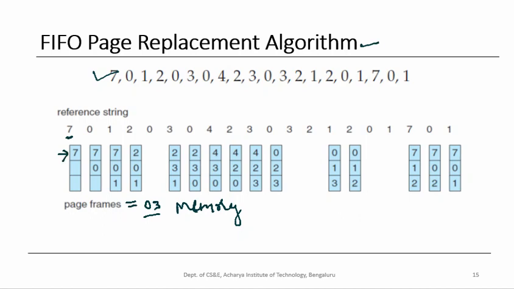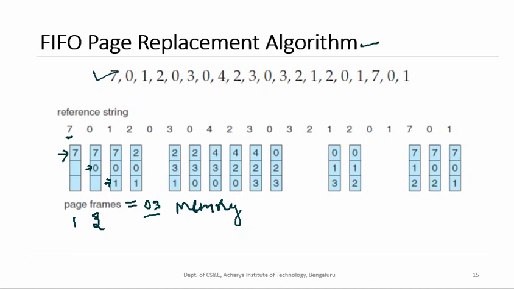And next comes the request for page 0. So page 0 is stored in the main memory. Next request is to page 1, that is also stored in the main memory. So when reference is made to page 7, page 7 is not there in the memory, so therefore there will be a page fault. When reference is made to 0, it is not there, so this can also be called a page fault. So till here the number of page faults would be 2.